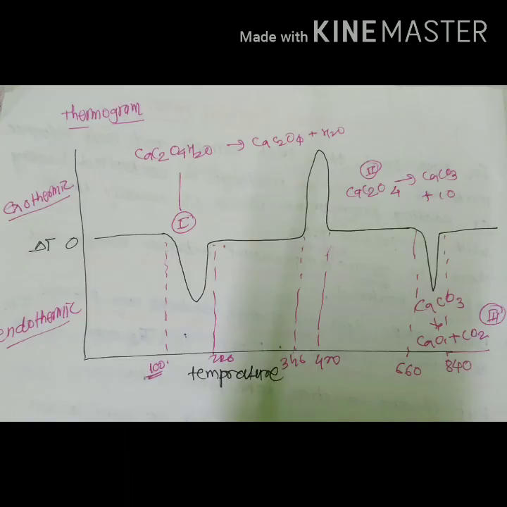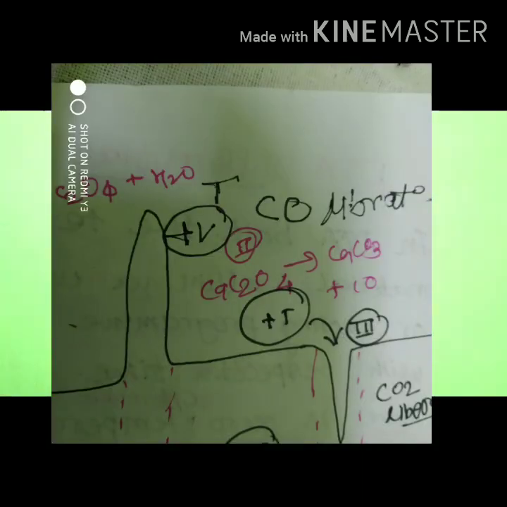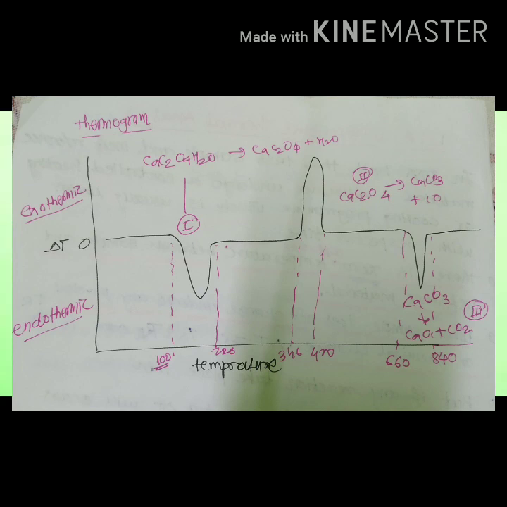Again, the sensor provides the temperature, the sample is heated, and it again reaches the temperature of the reference material after some time. In our thermogram graph, at 346 degrees Celsius there is a liberation of carbon monoxide from the calcium oxalate. When carbon monoxide is liberated, there is an increase in the temperature of the sample. So we see in the DTA graph the temperature going to the positive side.